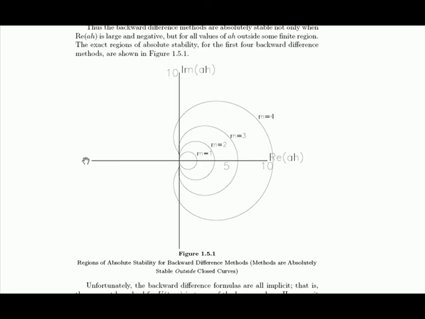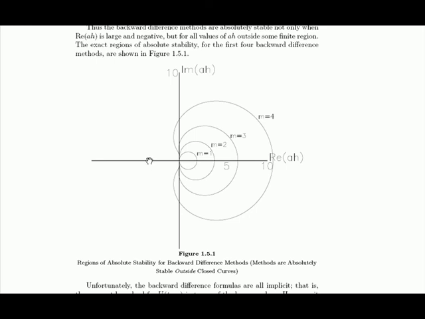That means, all the way out here, A can be huge and negative, and H can be large also, so that AH is large and negative, and they're still absolutely stable. So that's why these methods work well. A method that is good for stiff systems, stiff problems, should be one that has a region of absolute stability that extends infinitely far out into the left, negative real part of the AH plane, and all the backwards difference methods